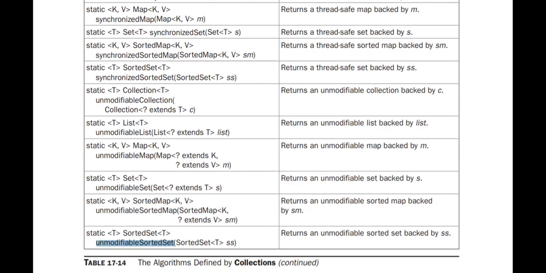We shall look into an example program where we can implement reversing the elements of a list using the comparator or the inbuilt algorithm.